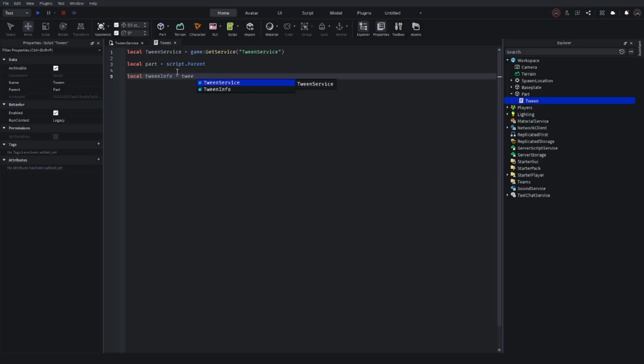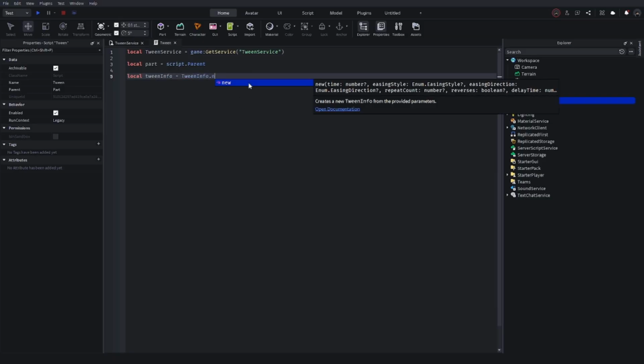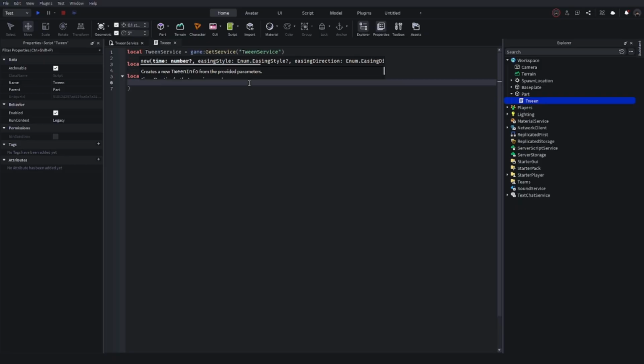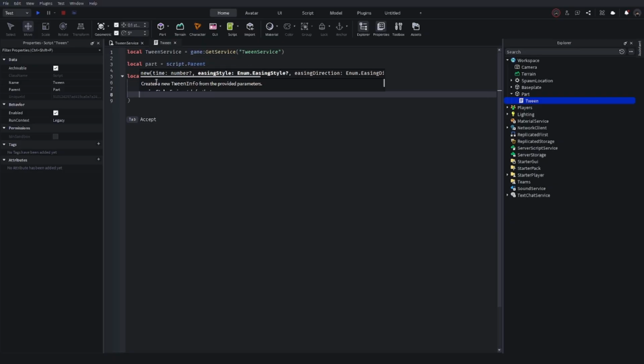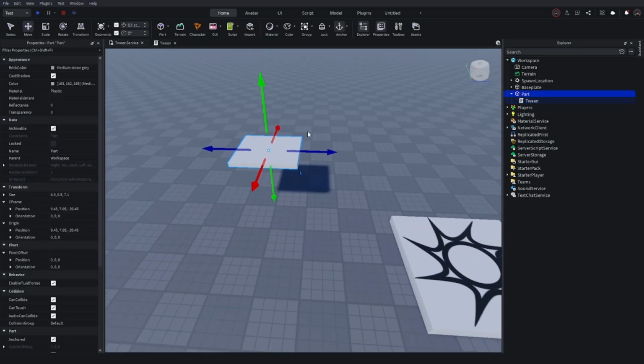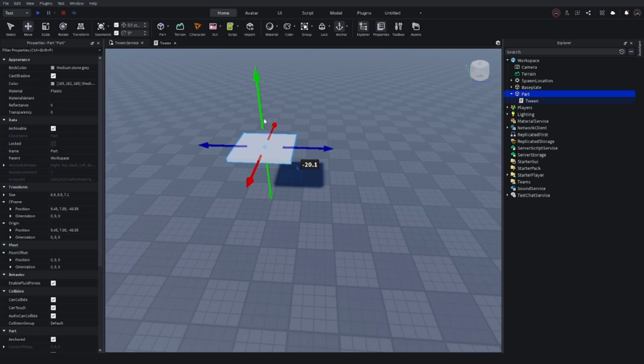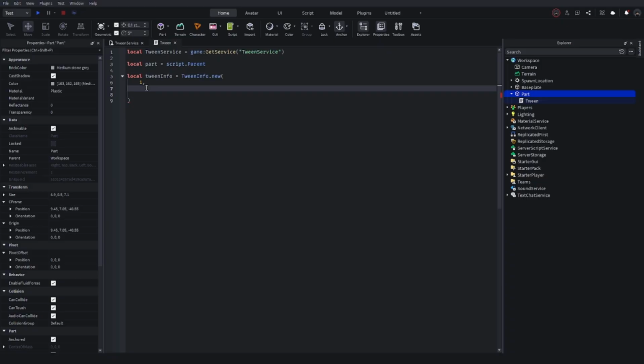What a TweenInfo is, it basically stores information about the tween we are about to create. So the time, easing style, easing direction, the repeat count, how many times you want it to repeat, and the last thing is reverses. Now we're just gonna type 1 second. We want the tween to be 1 second, so it's gonna move the part to the C-frame in the duration of 1 second. Also, we want the easing style to be